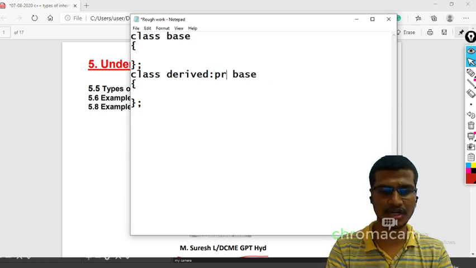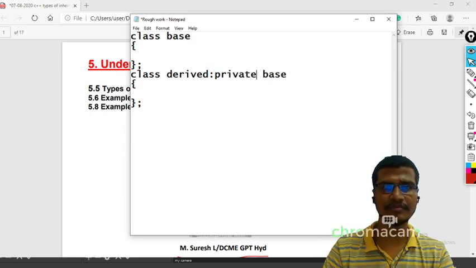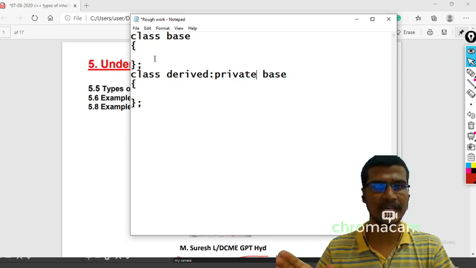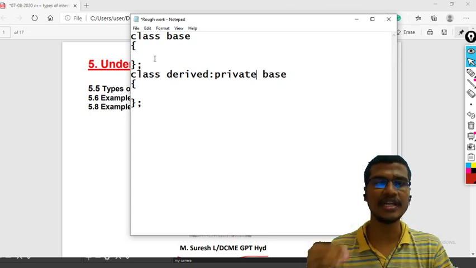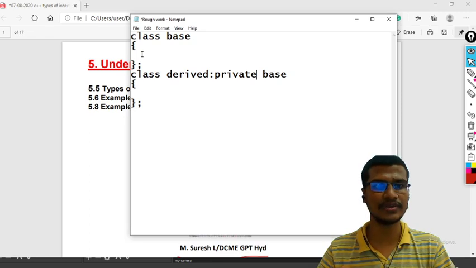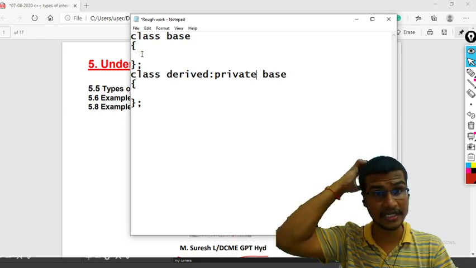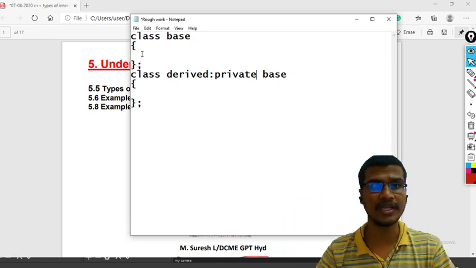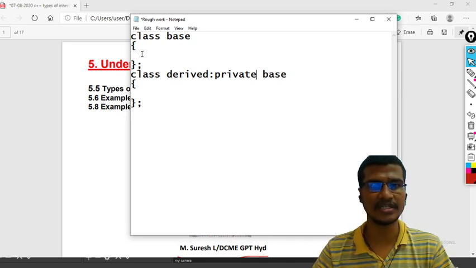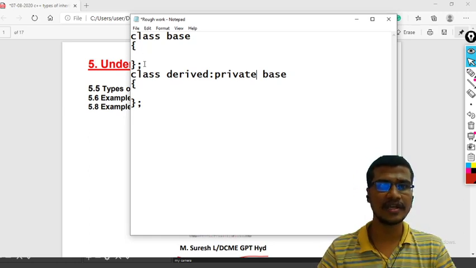And one more type of derivation, private derivation. In all three types of cases, public derivation, private derivation or protected derivation, the private data members that are there in the base class are not derived into the derived class. But in case of public derivation, public will come into public, protected will come into protected.